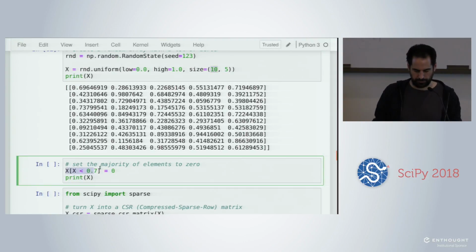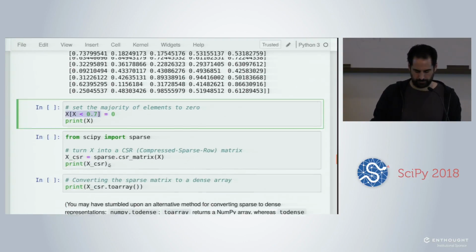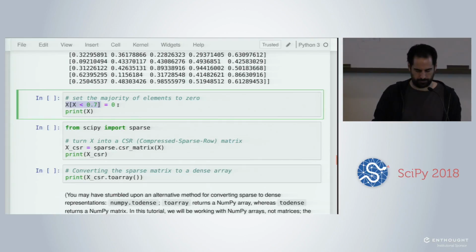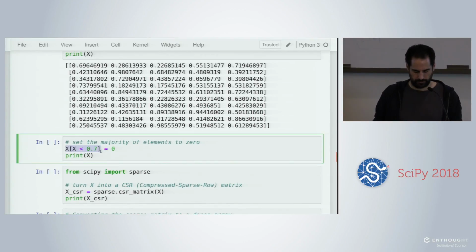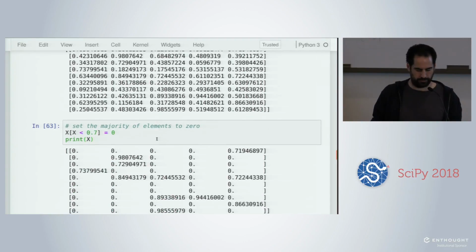I can change the values in Y. For instance, Y[0, 0] = 0. I will display Y. So you see that now Y has a 0 here. If I look at X, there are no zeros anywhere. So X has not been modified.